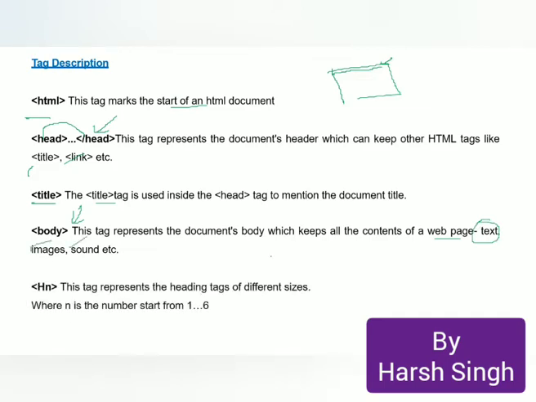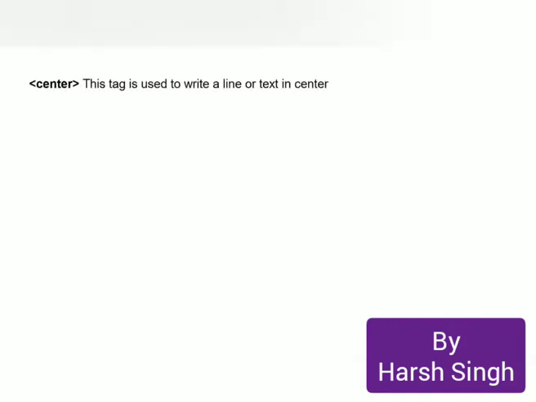Then we have h. This is the heading tag. This n varies from 1 to 6. So H1 to H6 we can go. H1 is the highest heading, H6 is the lowest heading. Any of these you can use. Center means you want the content to be placed in the center of the page, like this, center. Then p is when you want to write a paragraph, just the way you write something in MS Word. So p is for paragraph.